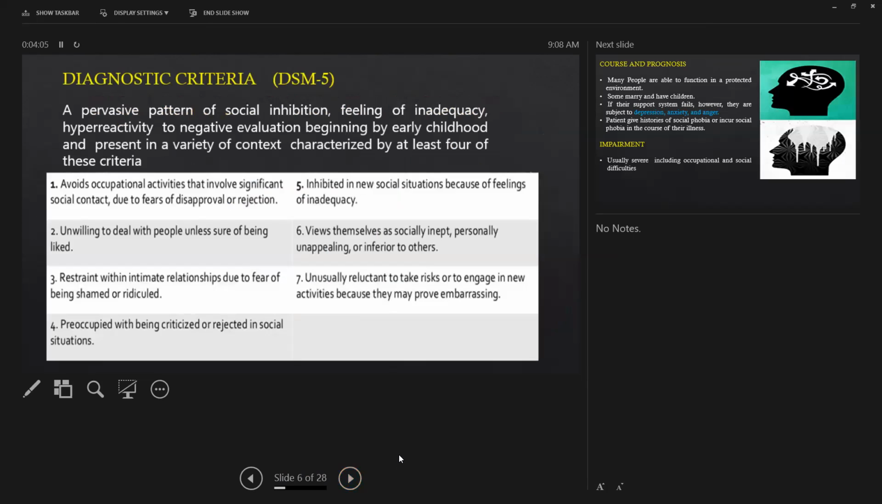Coming towards the diagnostic criteria, the DSM-5 states a pervasive pattern of social inhibition, feeling of inadequacy, hypersensitivity to negative evaluation, beginning by early childhood and present in a variety of contexts, characterized by at least 4 of the criteria, which includes avoids occupational activities that involve significant social contact due to fear of disapproval or rejection,